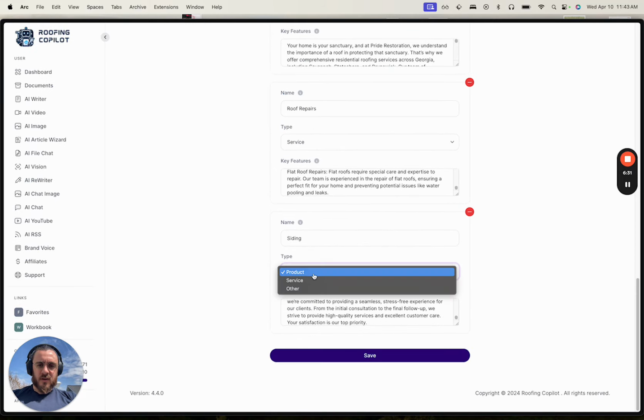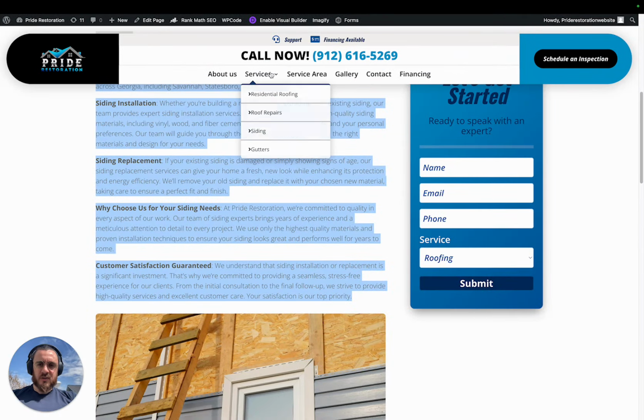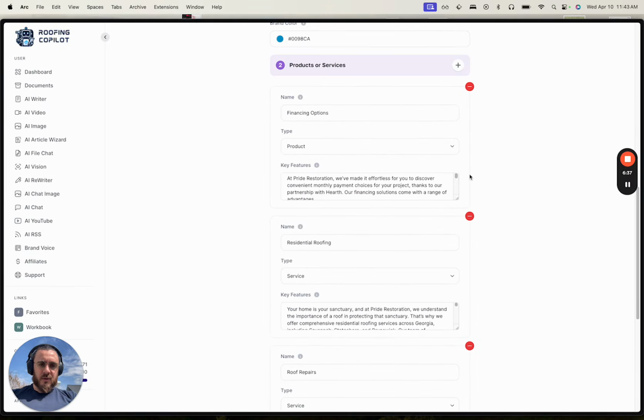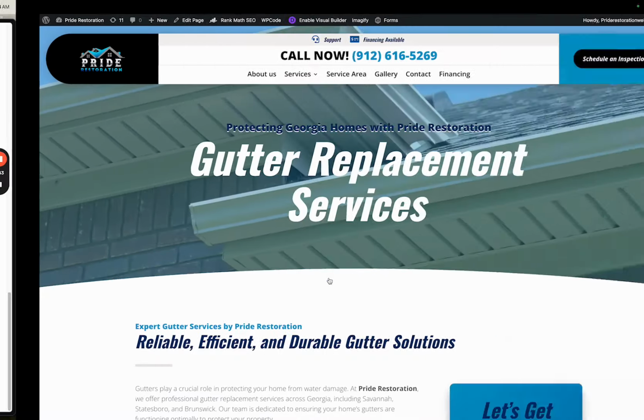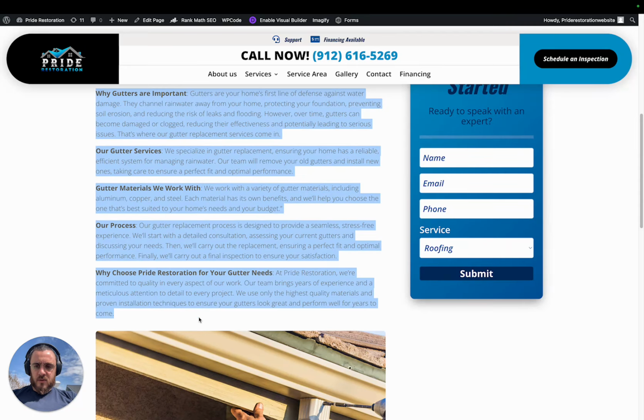Financing I see as a product. Could also be considered a service depending on how you look at it. And then we're also going to do gutters down here. So let me add one more up top. And now we have all of our products added, right? And services. So now what we're going to want to do is come down here. Boom,